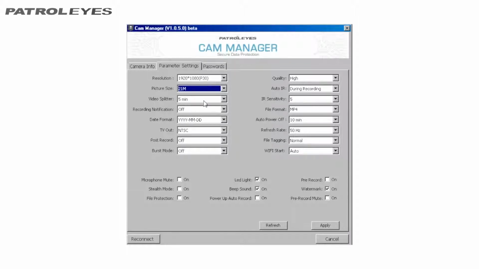This is the amount of time each video segment will be in length. Recording notifications, date format, basically how your date will appear, TV out, post-record settings, burst photo mode settings,